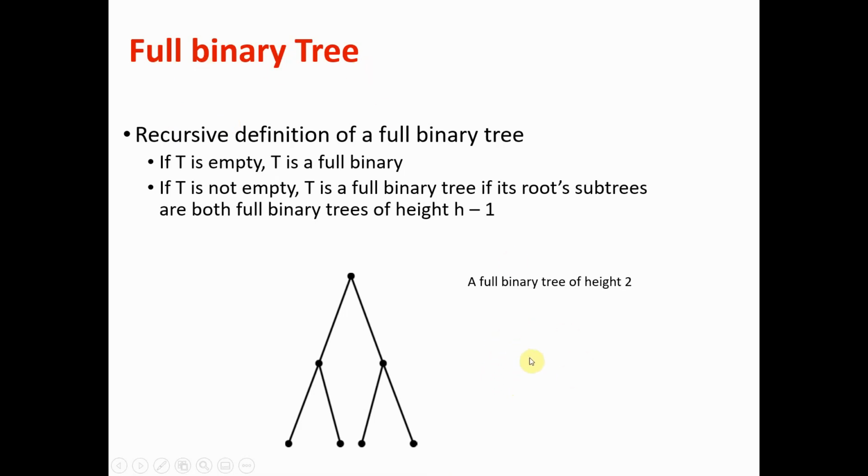Exactly right. So we're gonna have 2 to power n nodes at level n in a full binary tree. We're going to discuss this again in the next video that I'm going to post, and we're going to discuss more properties of